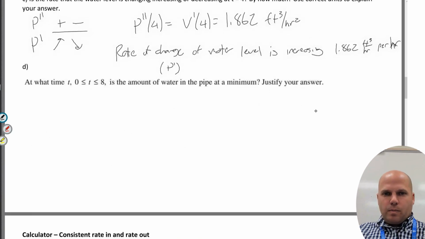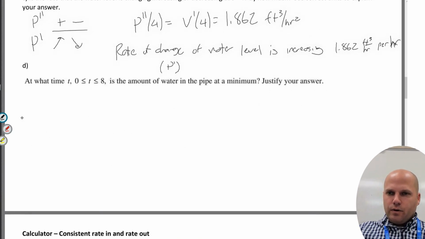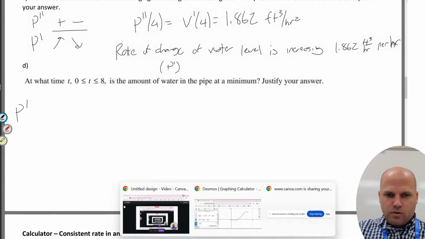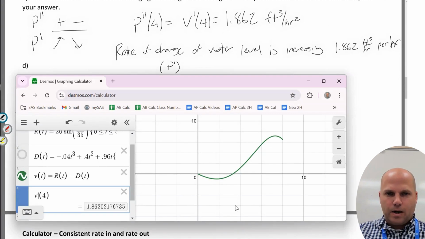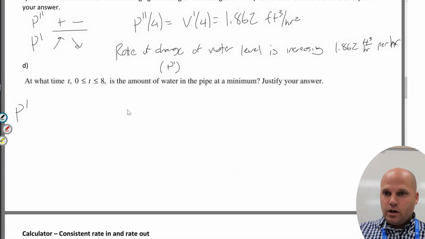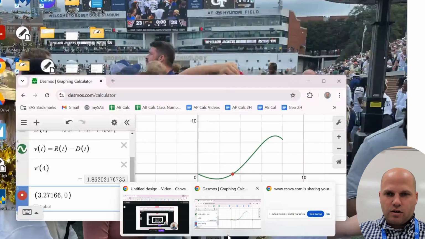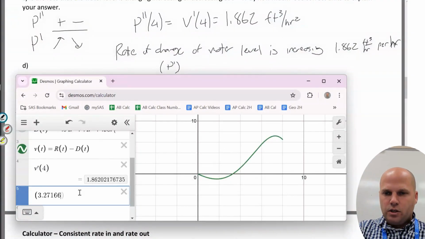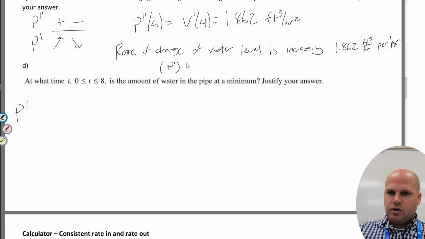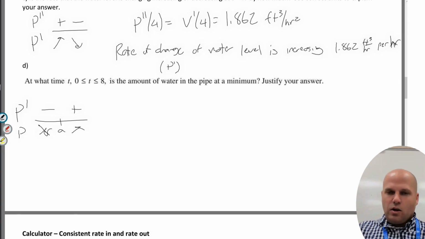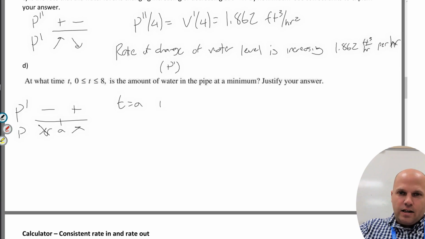All right, when is the water in the pipe at a minimum? All right, let's look at our derivative from Desmos. Let's look at our velocity. Let's look at R minus D. We'd see it's negative until here, and then it's positive afterwards. We know that must be the location of the minimum. I don't have to really do much checking of candidates. This is when doing a little bit of analysis helps you. P prime is negative until A, it's positive afterwards, which means P is decreasing, then increasing. So T equals A is the minimum